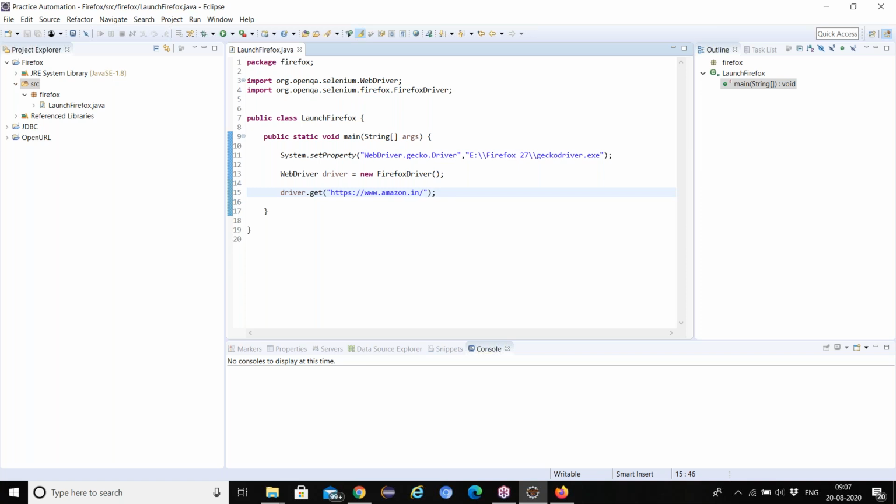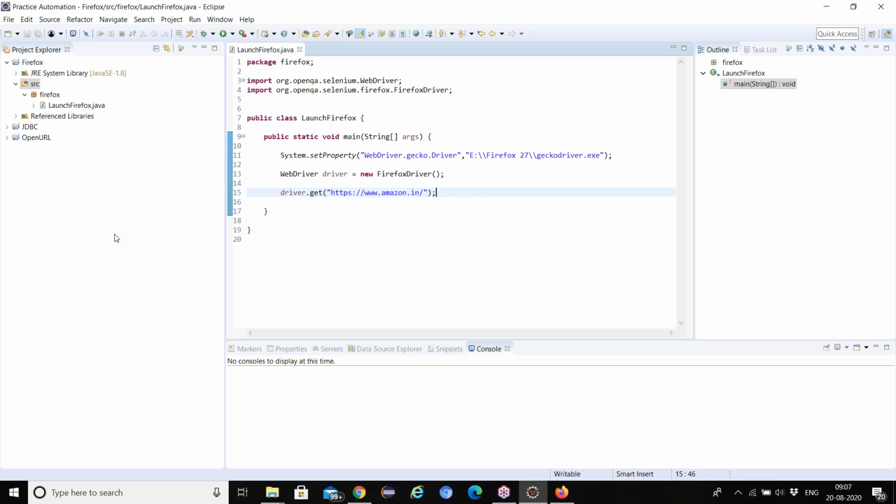Here people are asking, do I need to know Java? Not required, but at least you need to know the things we are doing. See, creating an object, you know this, right? Creating the WebDriver object: driver equals to new Firefox driver. Try to understand the code. Do not copy and paste. If you copy and paste, you will not understand. If you understand this, you can launch any browser without my help.